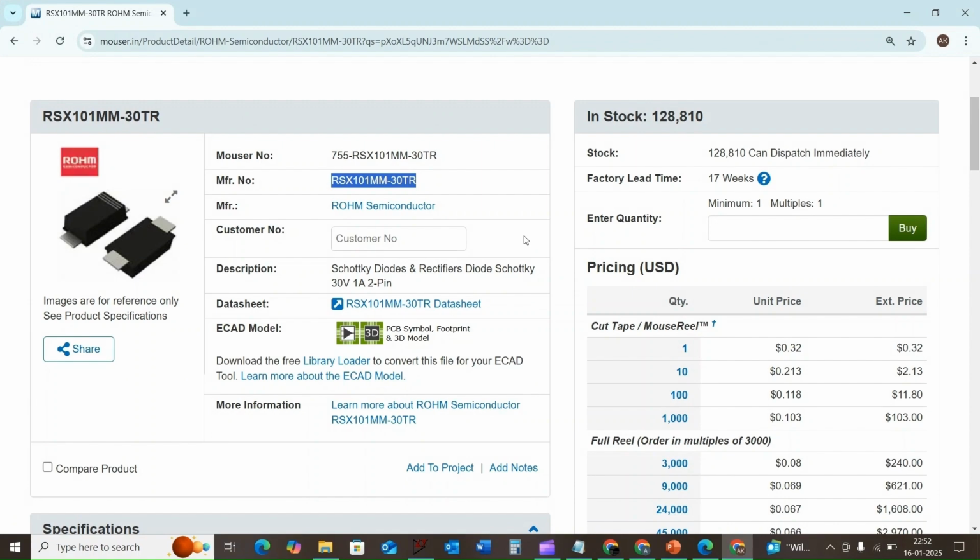Hope you understand what parameters we should consider while selecting the Schottky diode in boost converter designing. In the next video, we will go for the selection of feedback resistors RFB1 and RFB2,